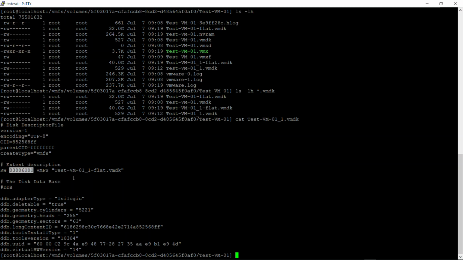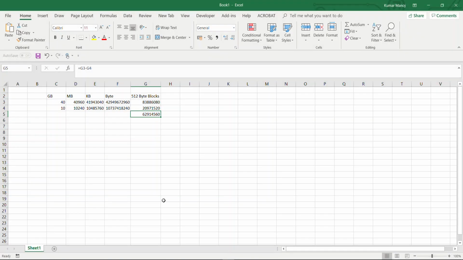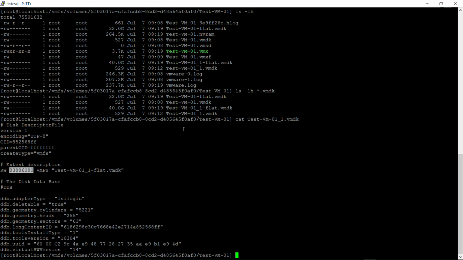It is 512 byte blocks, so convert the total size of the disk to bytes and divide by 512. Let's look in Excel. We have a 40 GB disk, and if we convert it to bytes, we will get this value. And when we divide this value by 512, which is the block size, we get this number of blocks. You can see the same number of blocks are here.